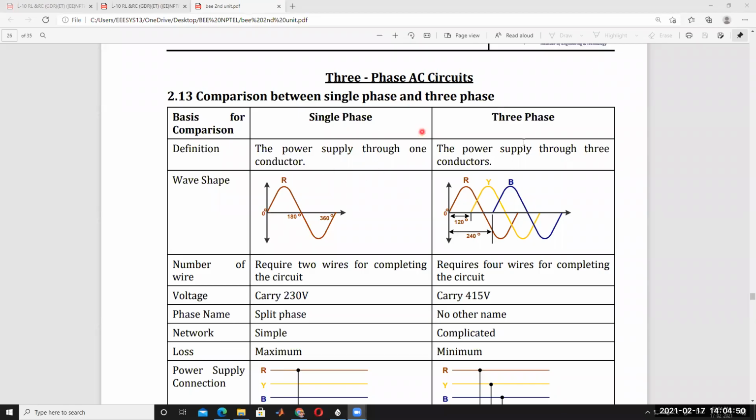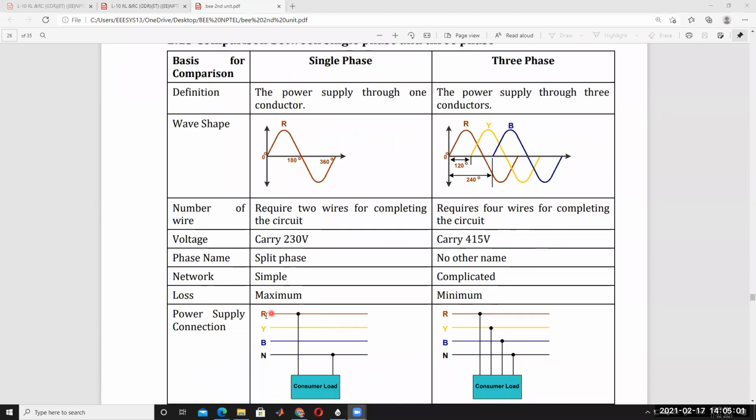So, single phase and three phase. Single phase has only one phase, which is called R phase or Y phase or B phase. Only one phase, so in this only two wires are available: R phase and neutral, otherwise Y phase and neutral. Neutral is common. Okay, B phase and neutral. So only one phase is required in this single phase system: one wire, called R phase, and another wire, neutral. Neutral wire is common. Okay.